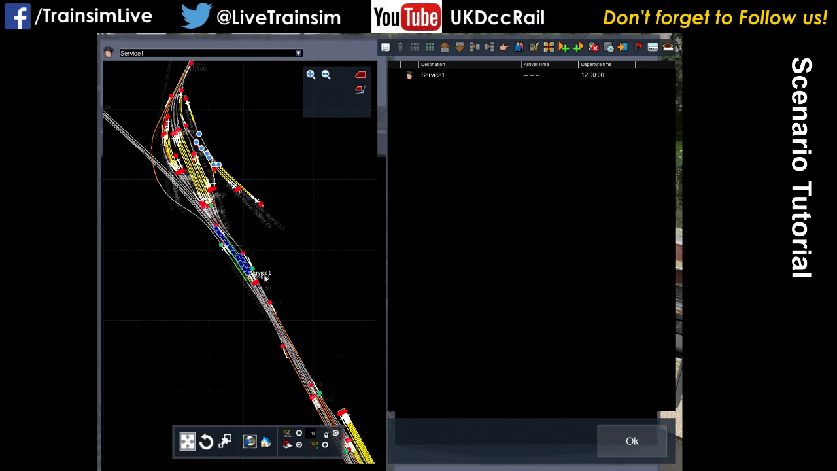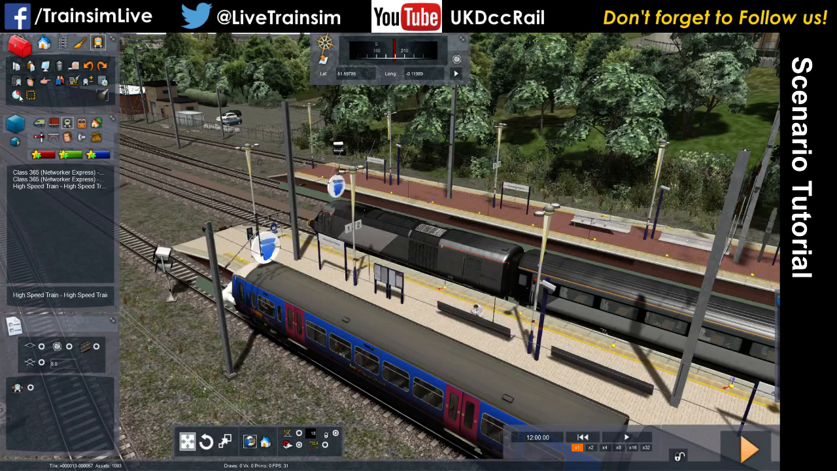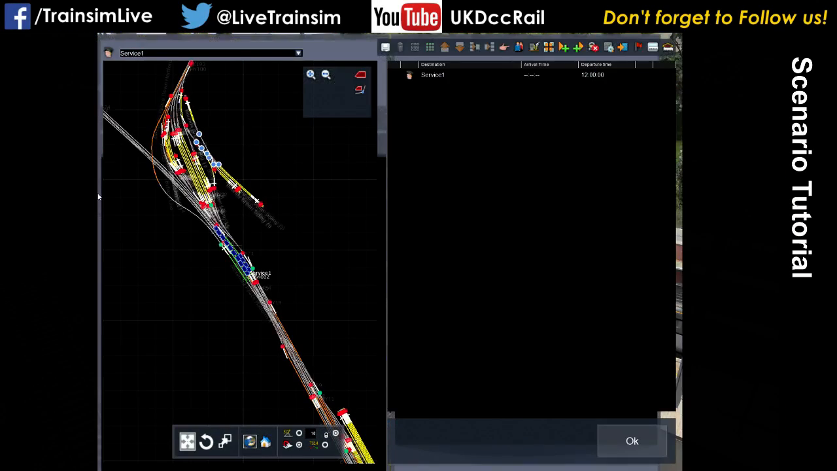So we've gone into, I probably did that a bit quick, in the top left corner there's the little circle that looks like a pie chart. So we press the button,